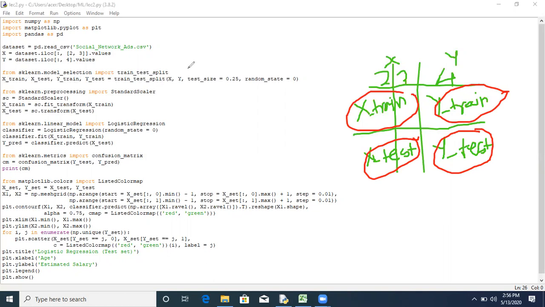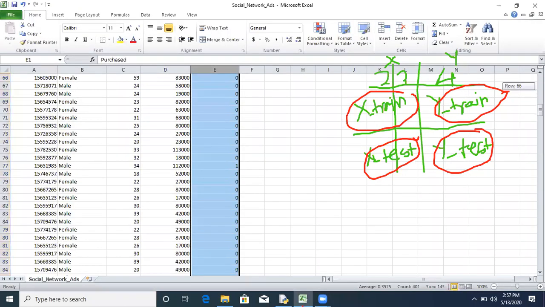What are we splitting? We are splitting X and Y. That's why we have to apply these inputs X comma Y. Test size we are keeping 0.25 or 1 by 4. That means if your data set, in this case, contains about 400 rows, out of these 400 values we are keeping 300 values for the training purpose and 100 values for the testing purpose.